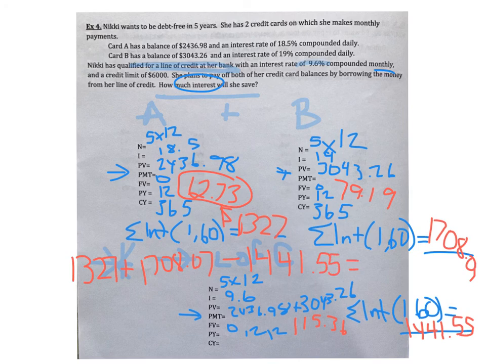So looking at 1327 plus 1708.07, and then taking off the 1441 and 55 cents. So it looks like in total she saves $1,500 approximately